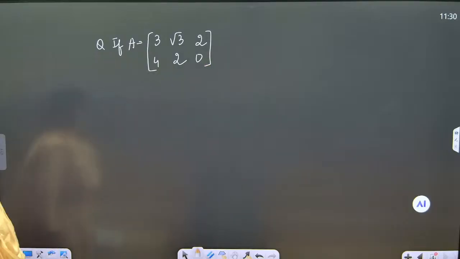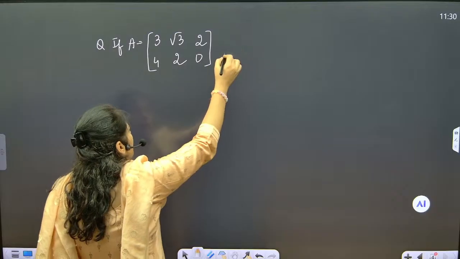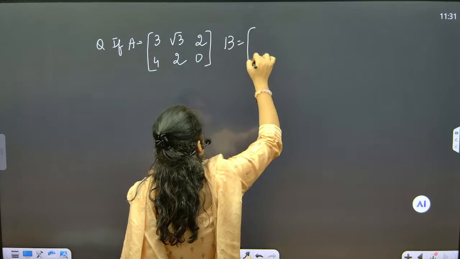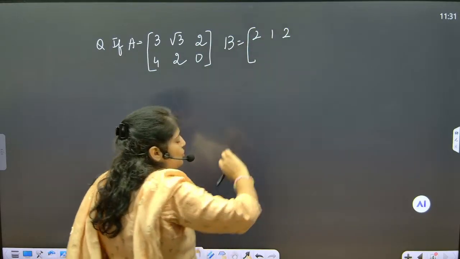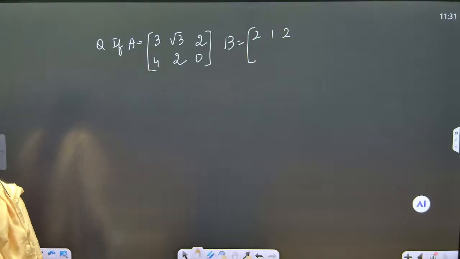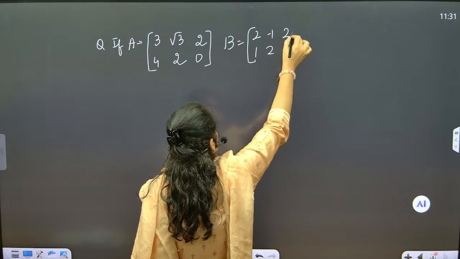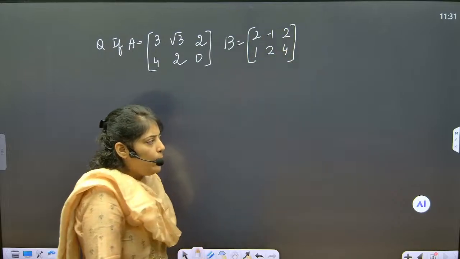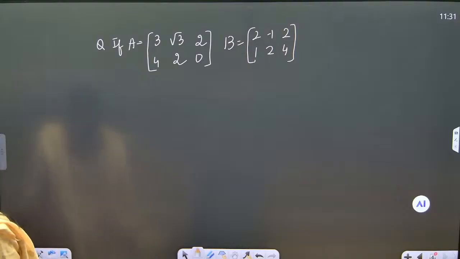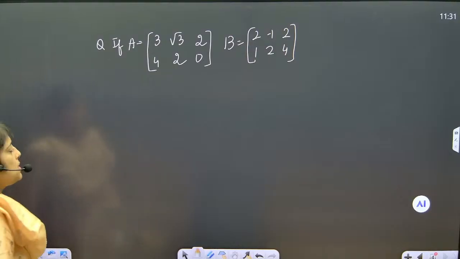Book question again. 2 1 2. I'm doing it from your material. 2 1 2. 1 2 4. 2 minus 1 2. 1 2 4. Now which thing we have to prove here is A transpose